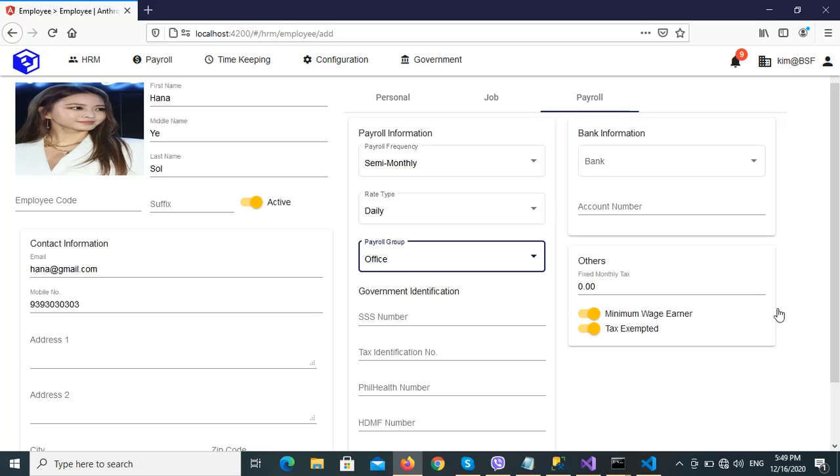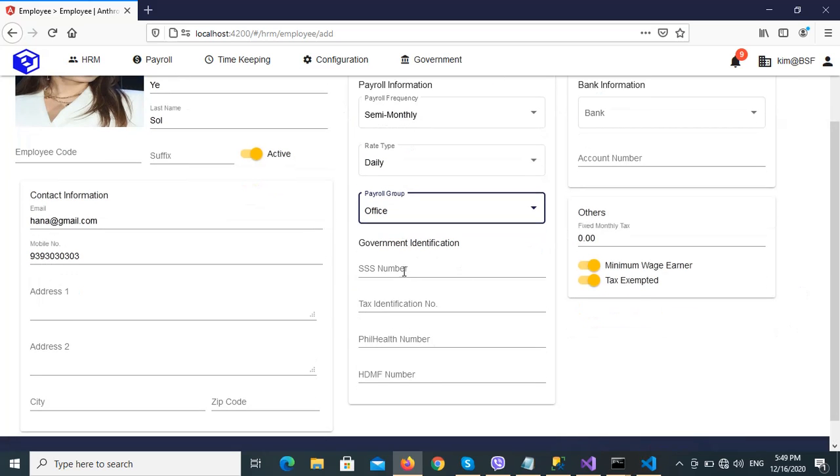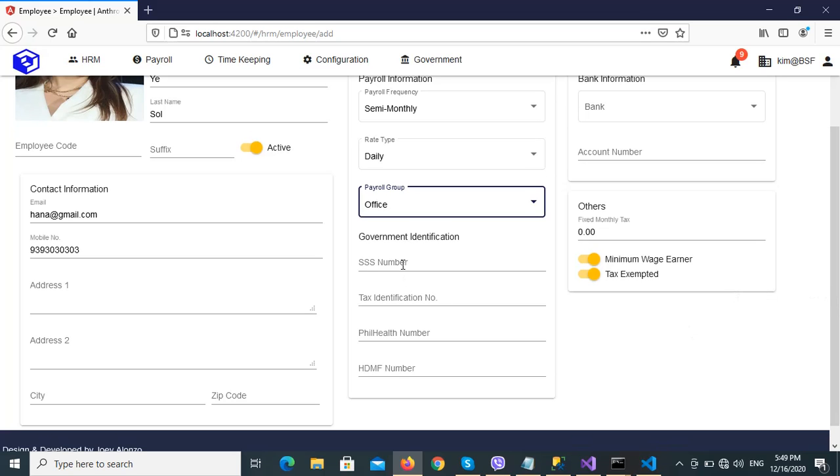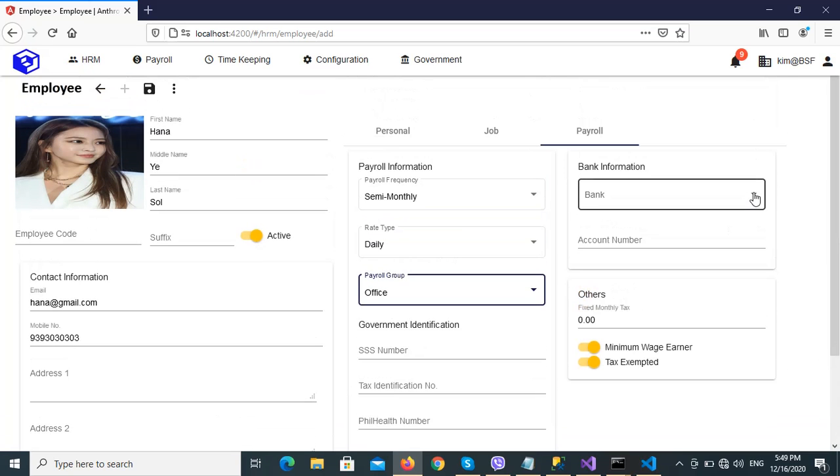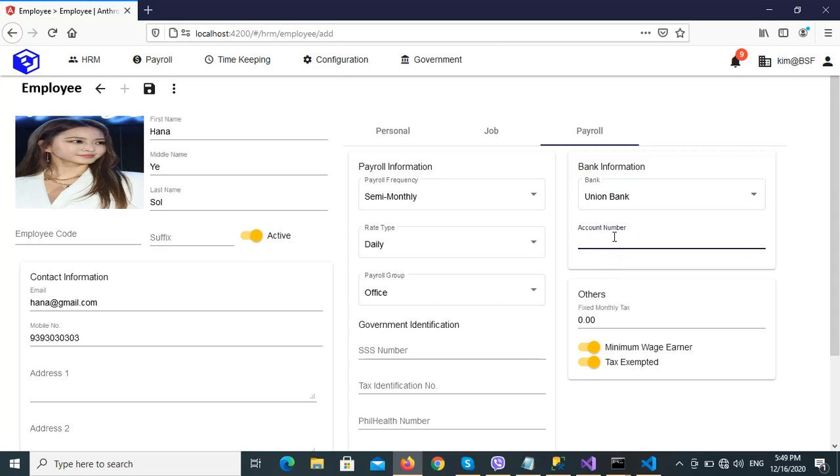one payroll group. Then here you put the SSS number, where you can use the SSS number for any SSS related transaction, like generating the R3 or doing the premium and so on. Of course, the TIN number or the tax identification number, the PhilHealth number, and also the Pag-ibig number. Then here you put the bank where she can withdraw her salary, and then here the account number, then here